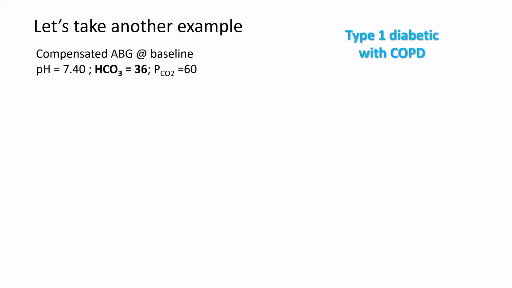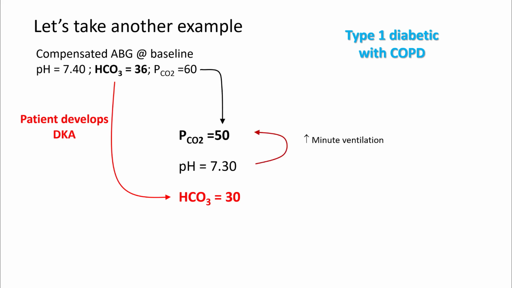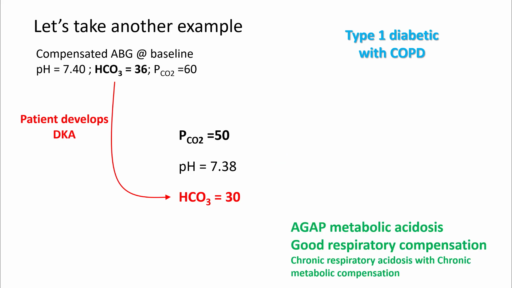Let's take another example. We have a diabetic with COPD with the same numbers. This patient develops DKA, his Bicarb drops to 30, his pH drops to 7.3, and he will compensate using respiratory means. He increases his minute ventilation, PaCO2 drops from 60 to 50, and his pH improves to 7.38. So this patient has anion gap metabolic acidosis with good respiratory compensation on the background of chronic respiratory acidosis and